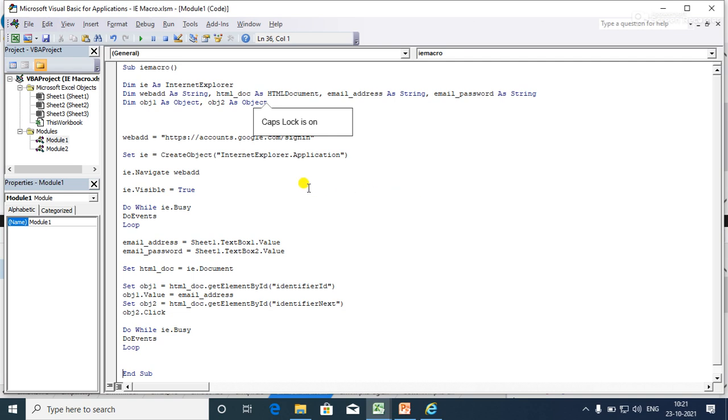In this video we have learned how to access the control of the web application with the help of Excel. In the upcoming video we will click on the Gmail account, sign in to the Gmail account in the next video, and fetch some data from the web application into Excel.